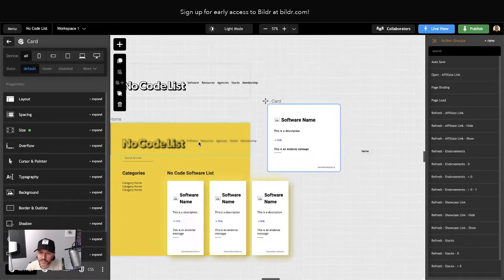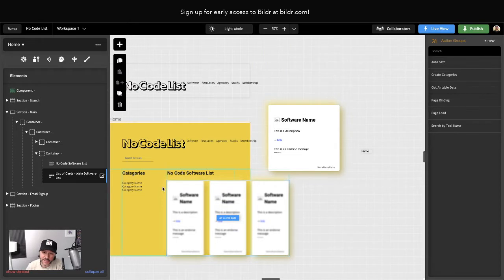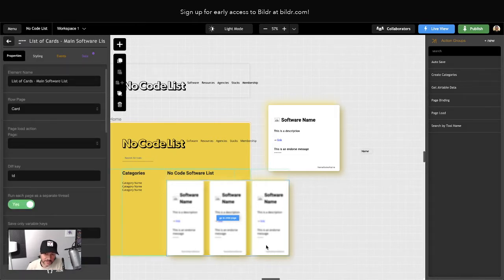So in Builder, this list of cards here is repeating this page, and it's repeating this page based on the Airtable data. So essentially what's happening is this element isn't getting anything visually until we call out to Airtable. Airtable returns, and then we set that data into here. Then it's going to load one of these card pages for every Airtable record. But what I can do with the properties of these list of rows or list of cards elements, they're called in Builder,